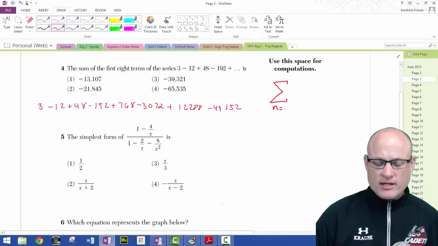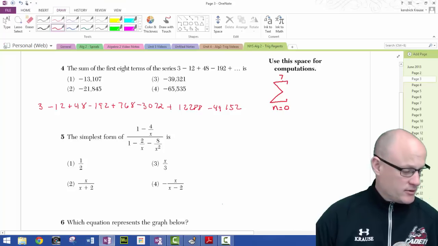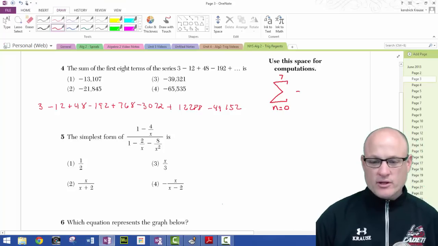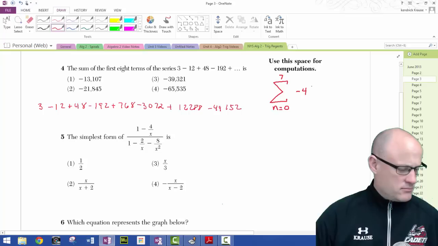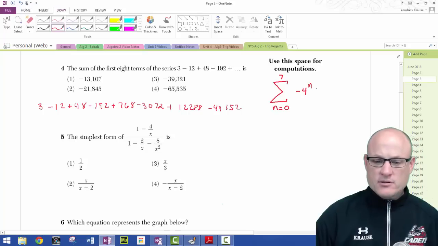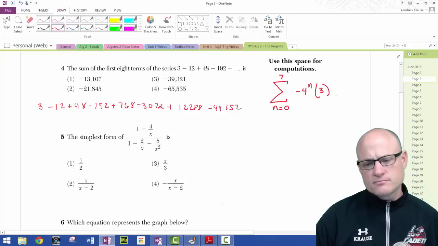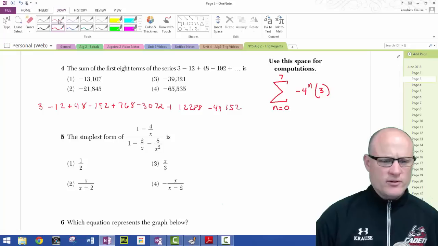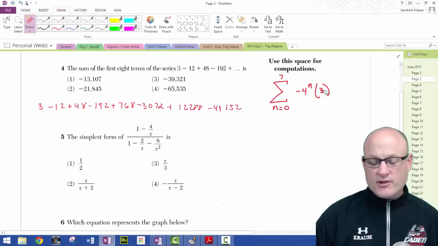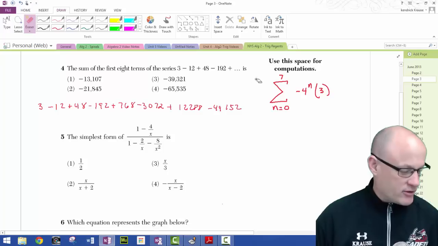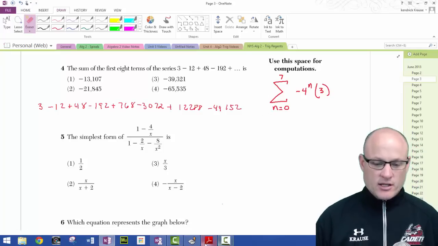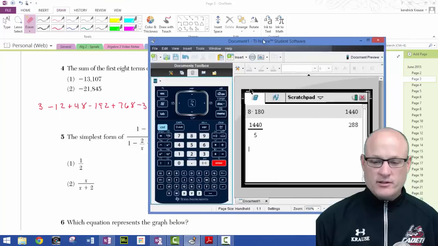I think I started my n value at 0 and I went to 7. That would be 8 numbers. I'm sure there's a way to do it another way. So I do negative 4 to the n times 3. Actually, I think the way they do this, let me see if this works in class. This would work, by the way. This would give you this geometric sequence. If I type this in my calculator, I would get,